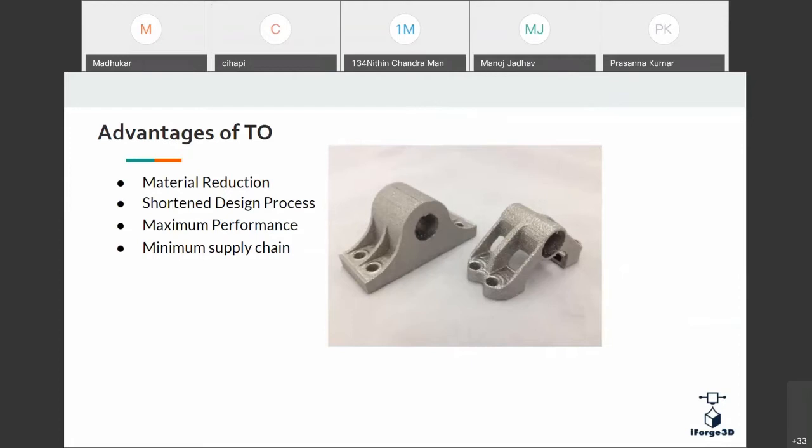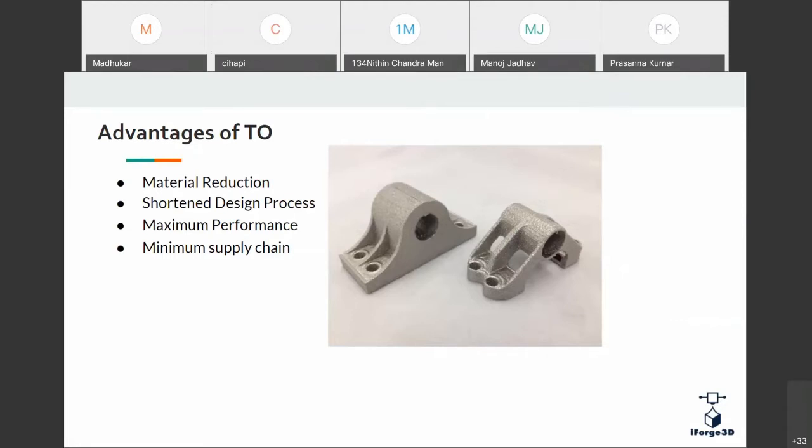Basically, when you follow the traditional manufacturing process, you'll have certain steps. After procuring the raw material, you have to make it a shape. After shaping, we take out the desired shape from that raw material. After that, we have to choose different tool processes, like a milling process, a turning process. So there might be many different processes, but with additive manufacturing and topology optimization, we can reduce all those processes and come down to a minimum.